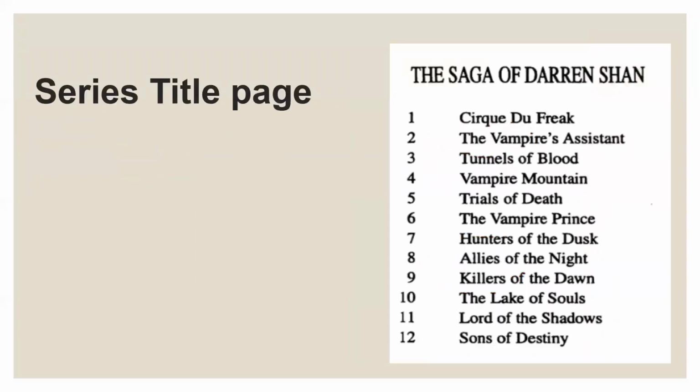And wow, we come across a series title page. This is the coup de grâce of anything that you have. This tells you that the series is the Saga of Darren Shan. And in this particular series title page, it gives you all the titles that are actually in this series. So you can see by looking at this, Tunnels of Blood is not the last book, which would make more sense if it showed all 12, but the one we're looking at is a paperback of something that was published before, so it already knew all the names in the series. So this is wonderful when you get this.